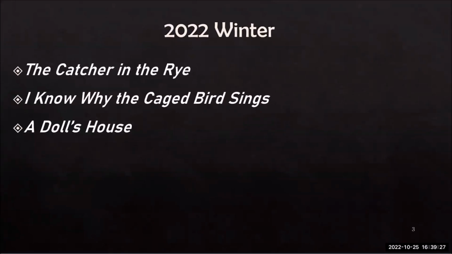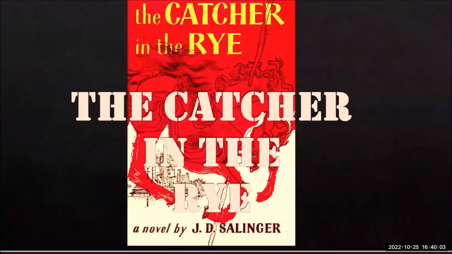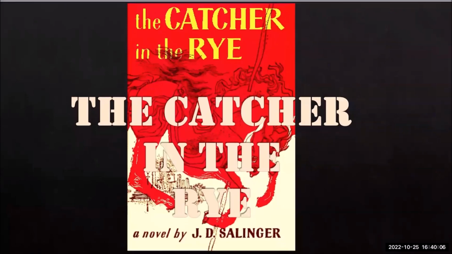The first one, The Catcher in the Rye. The Catcher in the Rye is a novel by J.D. Salinger, which was published in 1951. It mainly deals with the theme of identity, coming of age, and alienation by depicting 2 days in the life of 16-year-old Holden after he has been expelled from his school. The internal conflict of the main character Holden is key to understand this novel, who endeavors to search for the truth and challenge phoniness or pretense of the adult world as a struggling teenager. So this will be a very interesting book for those students from grade 8 to grade 10.